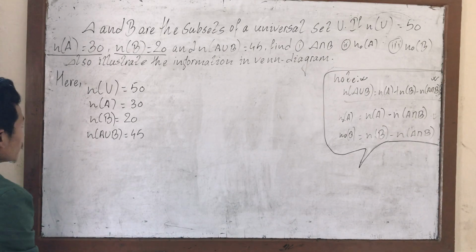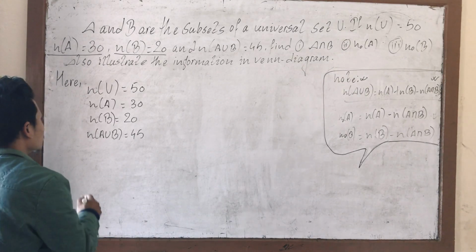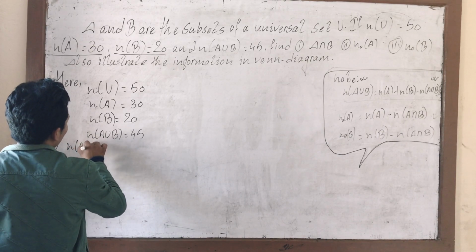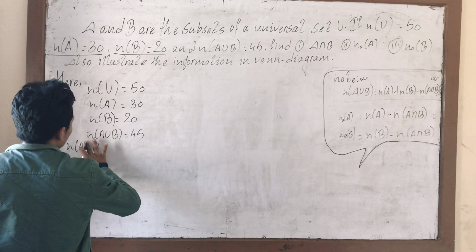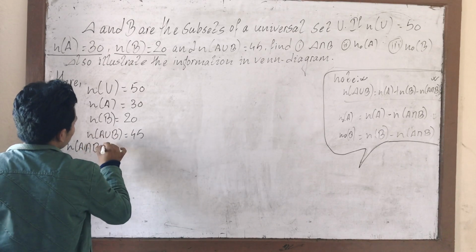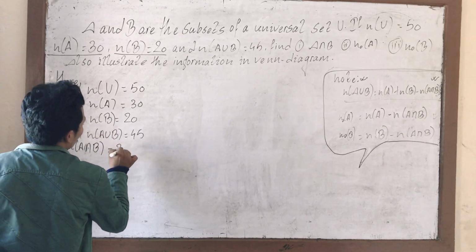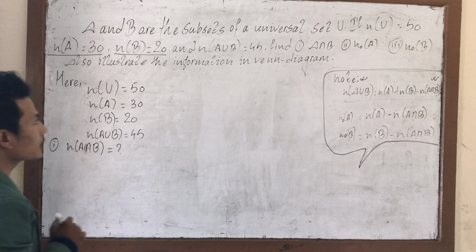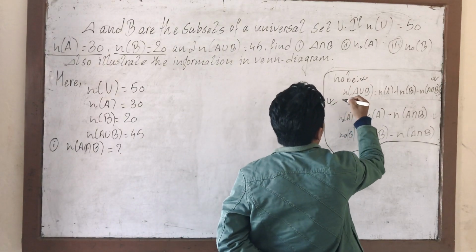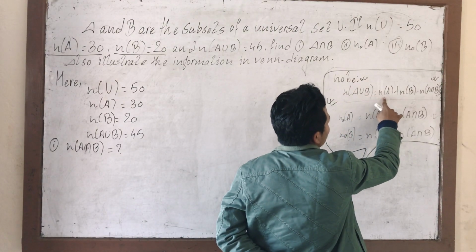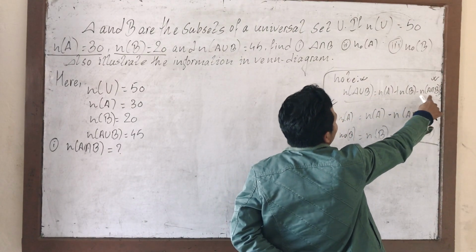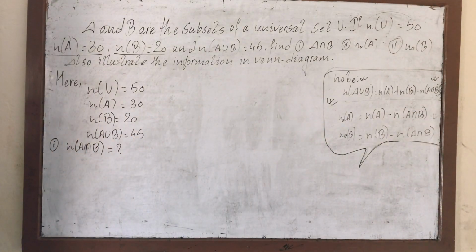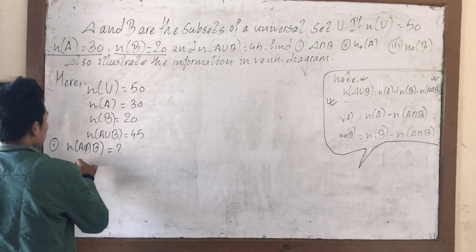Okay. So now I number मा हामीलाई सोधेको छ number of A intersection B is equals to what? Is that okay, children? Now we'll be using the formula of this one. As I told you, number of A union B दिएको छ, number of A दिएको छ, number of B दिएको छ, number of A intersection B निकाल्नु छ. भनेपछि हामीले यो फर्मुला युज गर्नुपर्ने छ भने इजिली थाहा भयो. So we'll be using the formula.